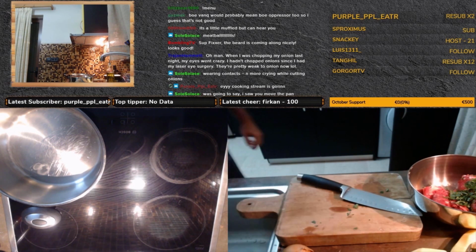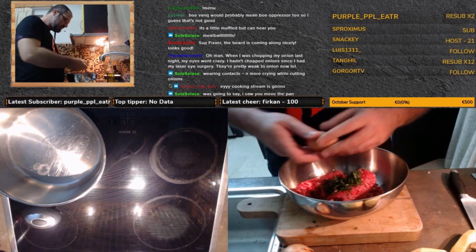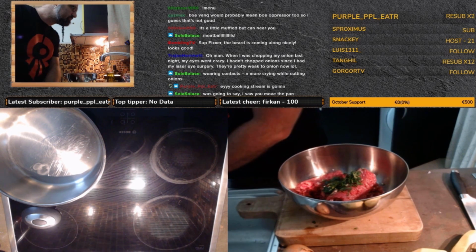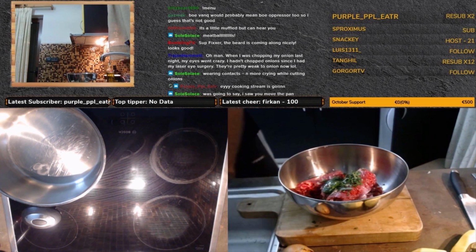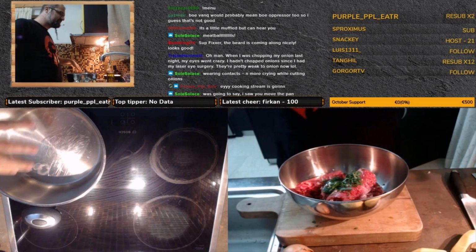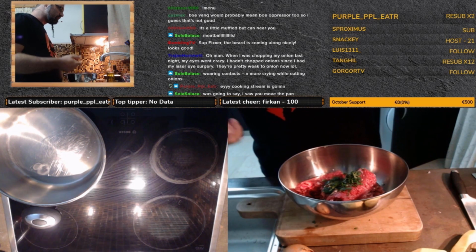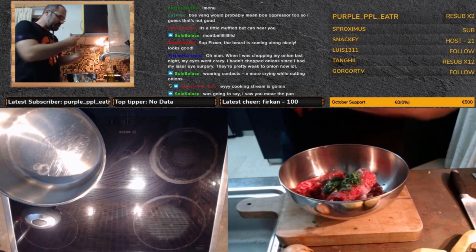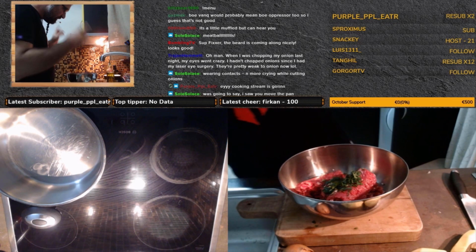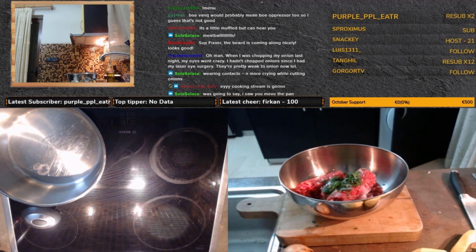Alright, we need one egg in the bowl. So the camera is like this so you can see this. Egg is going in as well. The thing is, where it is now, physically where I am, because the camera is kind of inverted, is the front. When I was watching it, it was at the back. It was kind of messy for me. Anyway, so put the egg in here, minced meat, the onion, finely chopped, a bit of parsley, and we also need